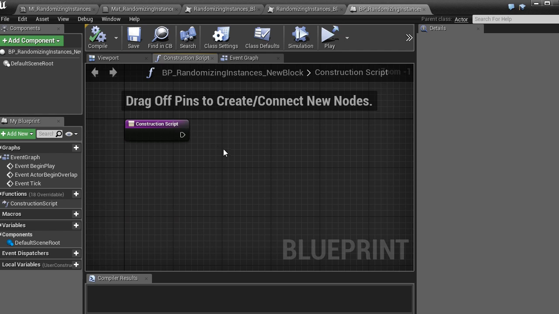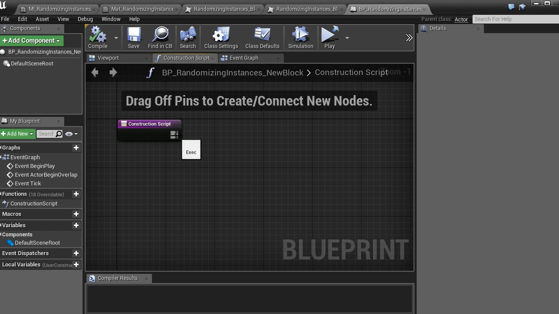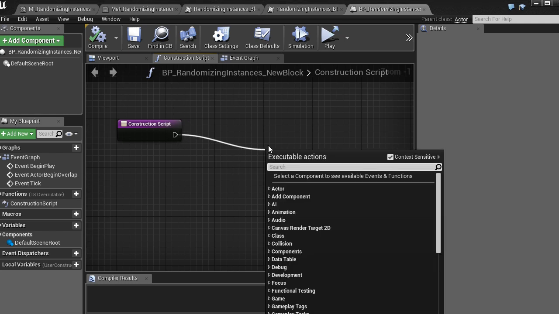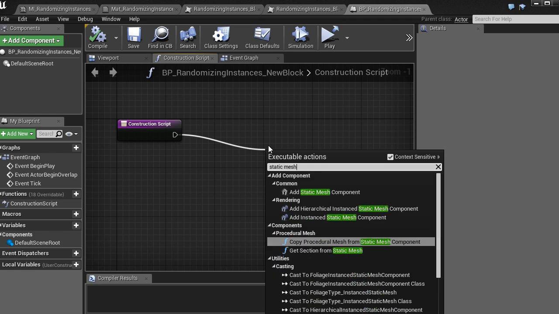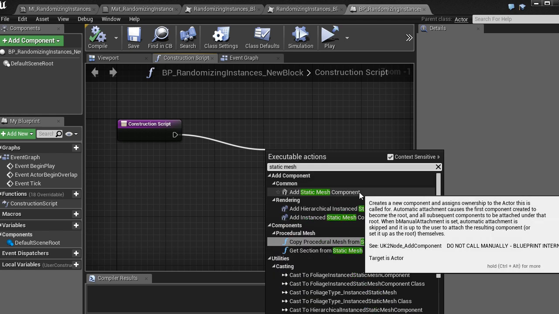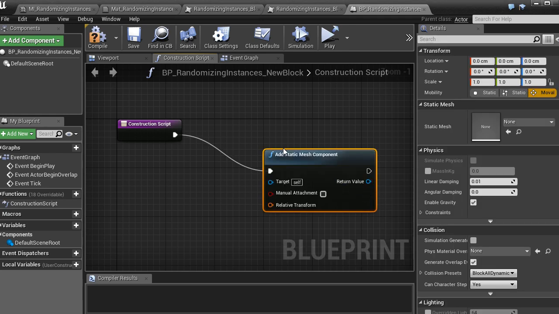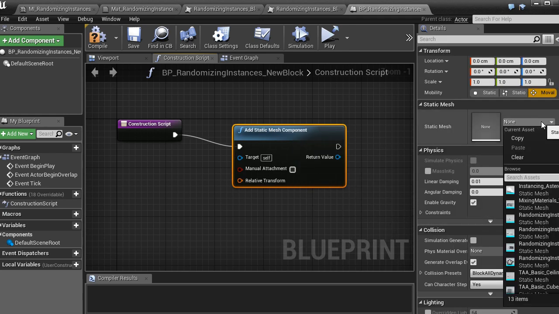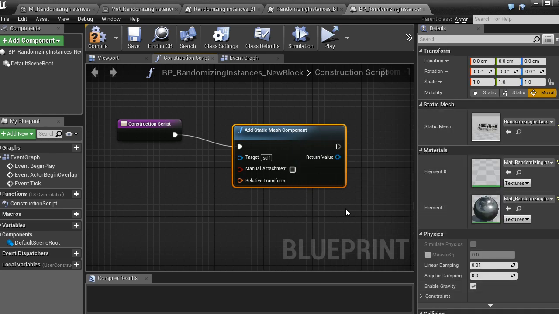And there's a special kind of graph in every object that is called construction script. The execution flow starts here, and if I start to type static mesh, then I have the suggestion of add static mesh component. That's what I want to do. It basically adds a static mesh into this object because an object can consist of multiple meshes, and that's what we need.